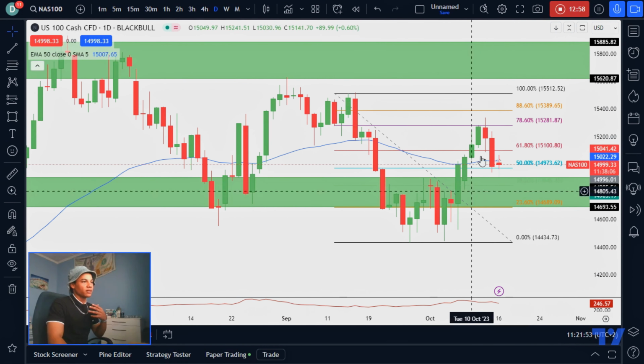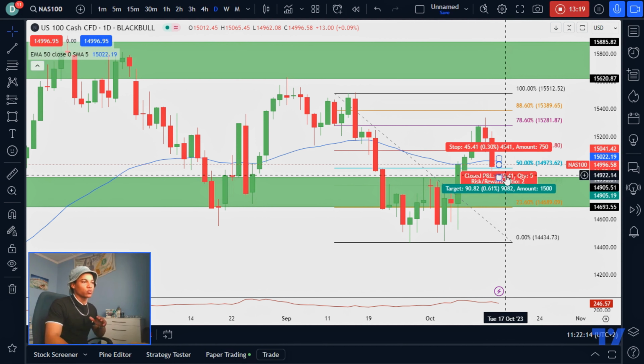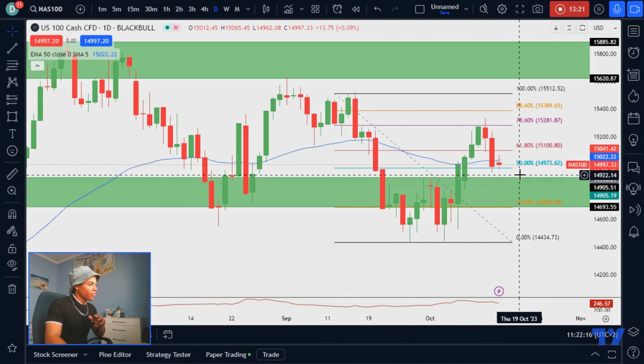But as you can see, this is the 50% level, which is a golden level on the Fibonacci. And if you want to use the fibs, you can. You can use the 50% level as an area of support or resistance, or vice versa, depending on the direction the market is going. And I'm confident that price will pull back into this area here,